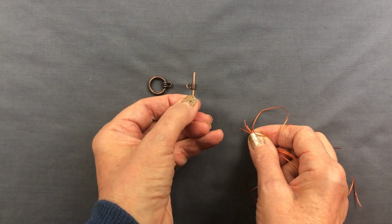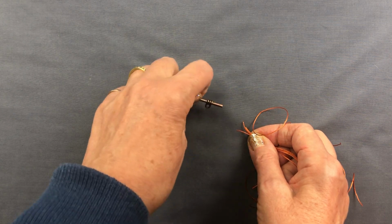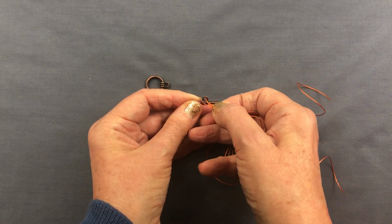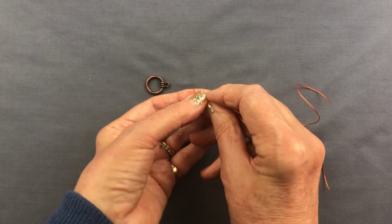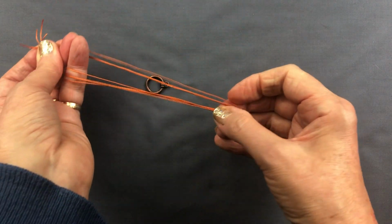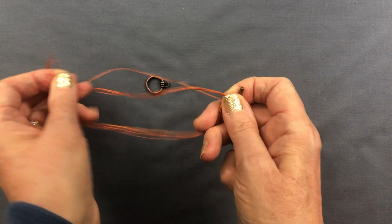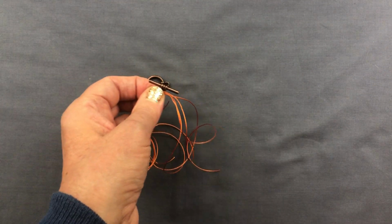And it is important that you start with the toggle end for this, because you need more space for the toggle to be able to operate. So all I do is pass all my chords through there, my 4 chords, and then I center the toggle on my chords like that. So then I'm going to hold that tight, so I make sure I stay centered. There we go. So I've got that gripped firmly,